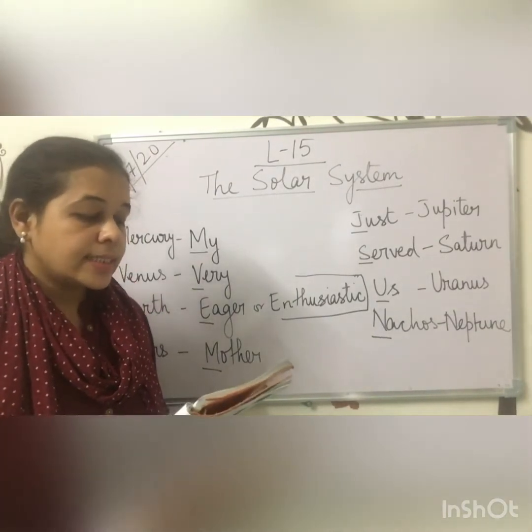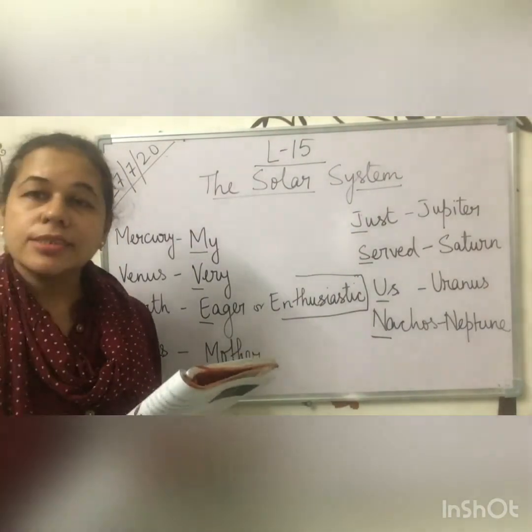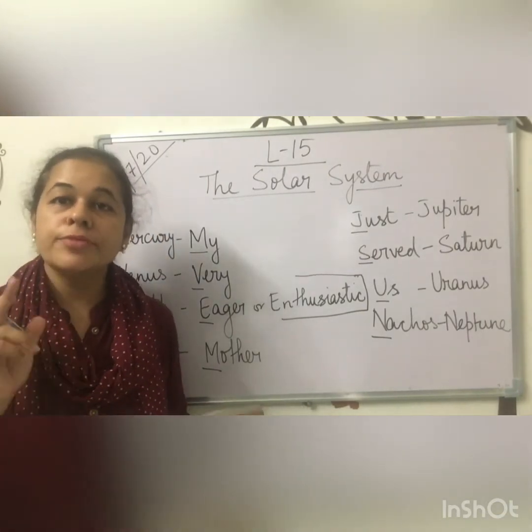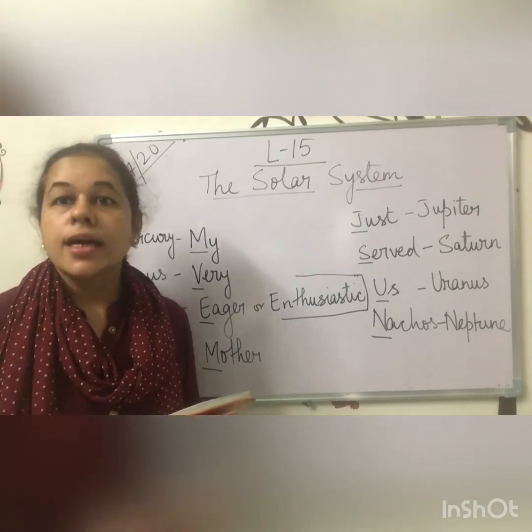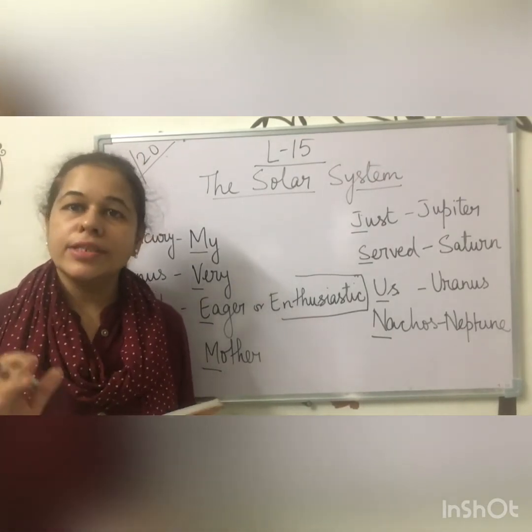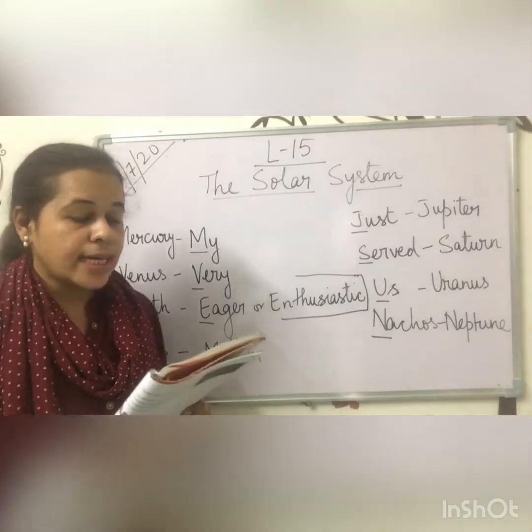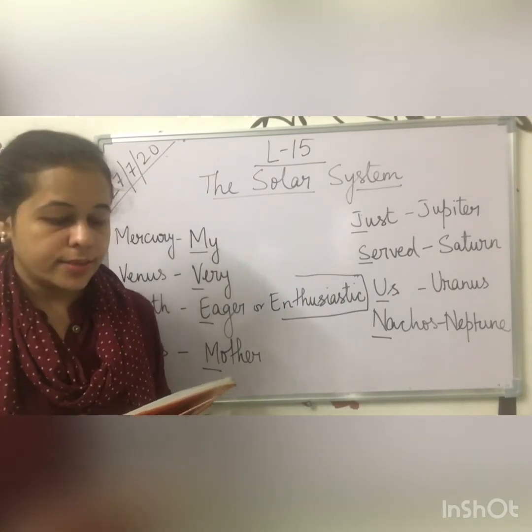A satellite is an object that goes around a planet. Okay, satellite means it takes circles around a planet. As I said before, Mercury and Venus are those two planets which don't have a natural satellite. Otherwise, all the planets have their natural satellites. The Earth's moon is a satellite. So, the moon is a natural satellite of Earth.